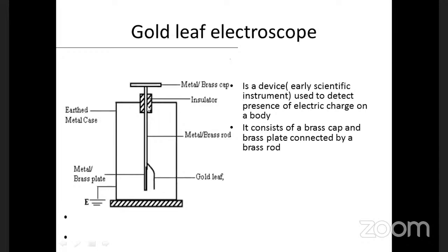So we have somewhere here the insulator, which is connected on the brass rod or the metal rod. This helps to stop the contact of charges. You'll find that when this metal has charges around here, to avoid these charges being conducted away, we remember that metals are all good conductors, and even we human beings are also conductors. So when you just touch this, or this contact from the metal case, of course, what has enclosed the gold leaf and the brass plate